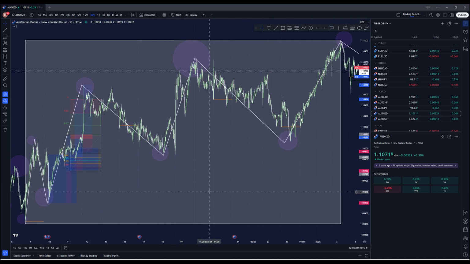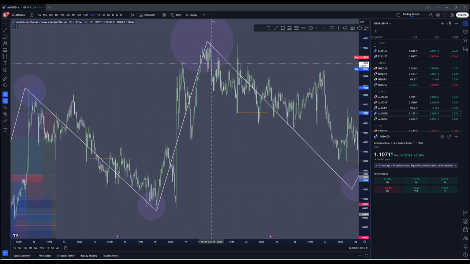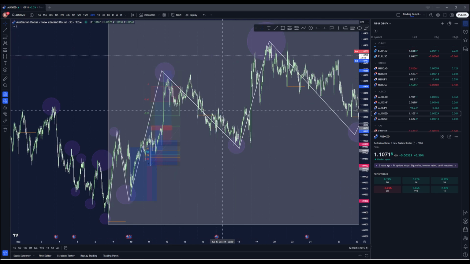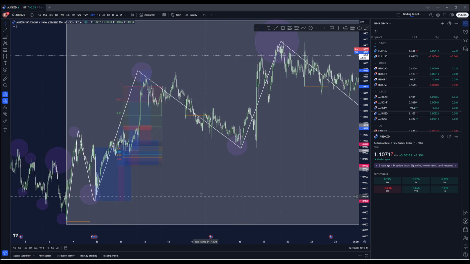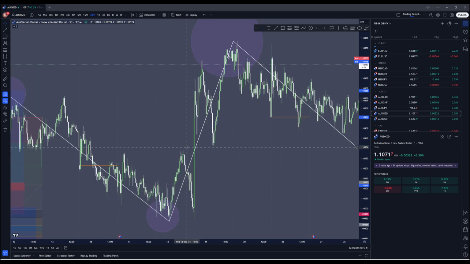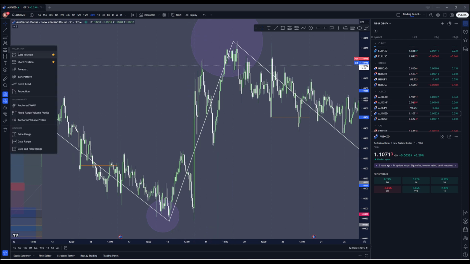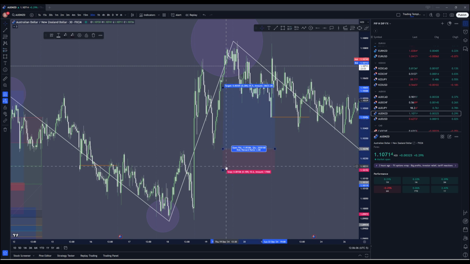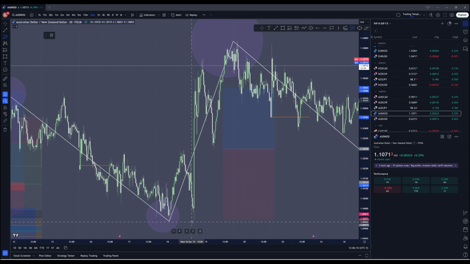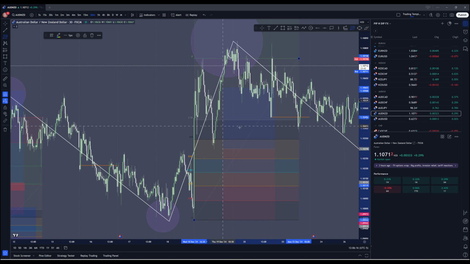Now if we take this area here, this is our next area of interest. Let's say now we started going up, pushed, broke. This wasn't really a good area to start looking for buys, but that was about our 50% of this whole move. Area of interest,